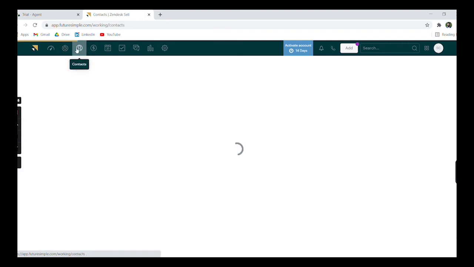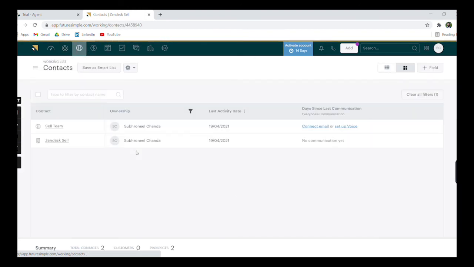The next page is the contacts page. Now you can access the various contact touchpoints in this page for each lead, how many communications have happened with the particular lead, and also add new conversations. You can access a particular contact or a lead by clicking on the lead name.